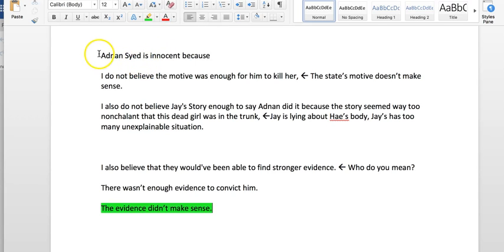So here we have Adnan is innocent because the state's motive didn't make sense. Jay has too many inexplicable situations. And the evidence doesn't make sense. 1, 2, 3. Those are your backings, and here's your assertion. And there you have a working thesis. Now, with this particular thesis, it's really general enough, and it's a little too general,